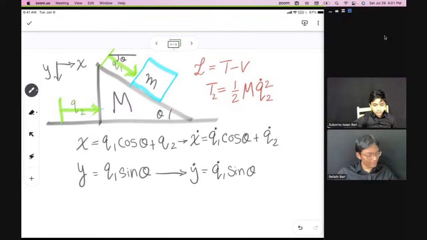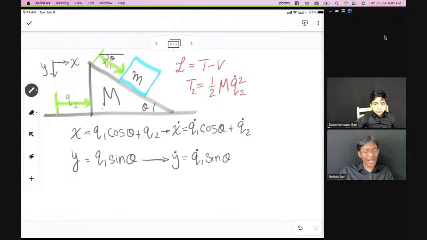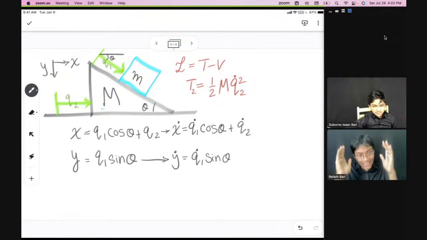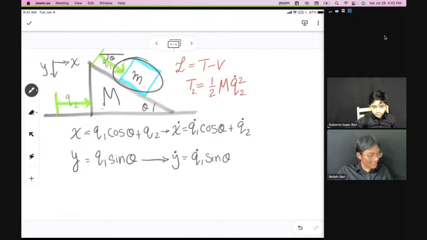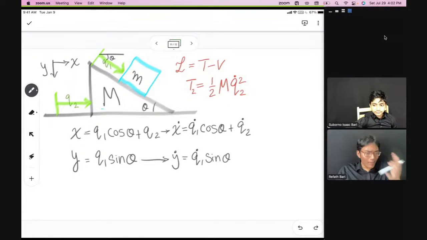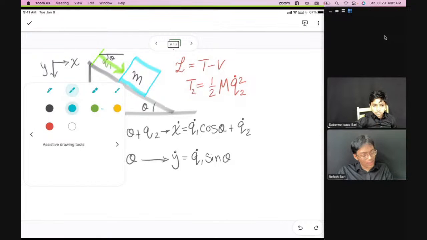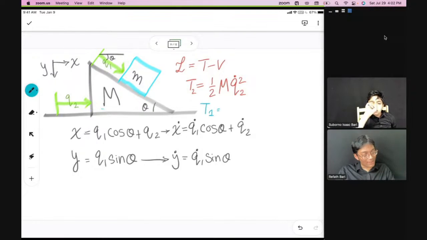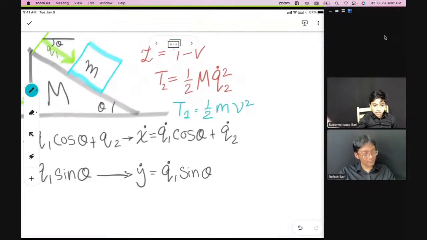So we have x dot and y dot. Now remember, we have a kinetic energy for the box and a kinetic energy for the inclined plane, right? We've written the kinetic energy for the plane already. It's just half big M v squared, where v is Q2 dot. But what about the kinetic energy for the small box? Well, let's write it down. It's going to be half small m, because this is the small box, and then v squared, right? Half m v squared. x dot squared, y